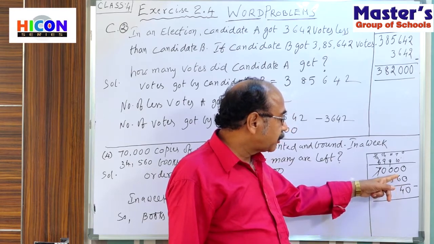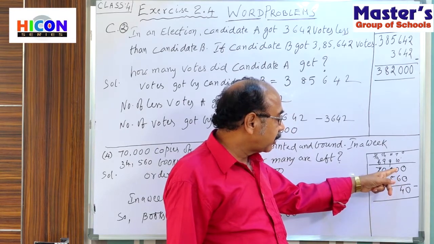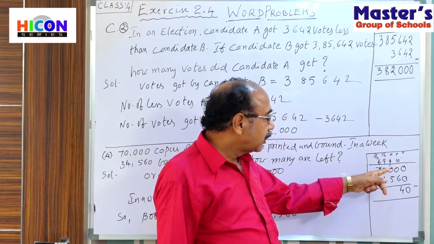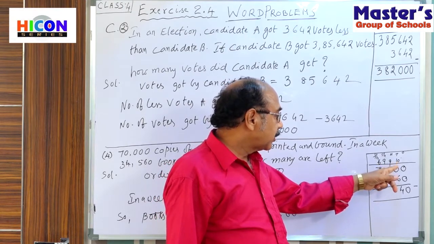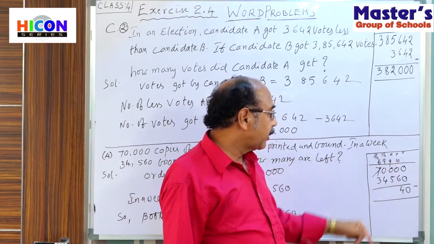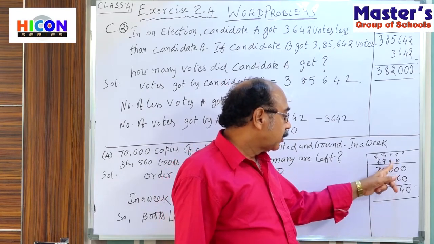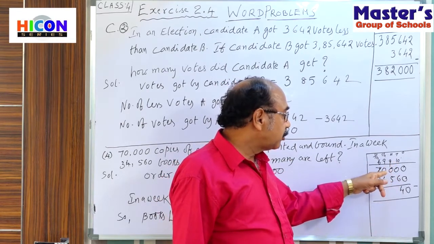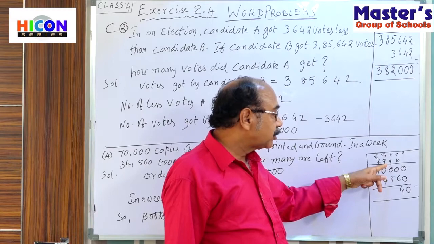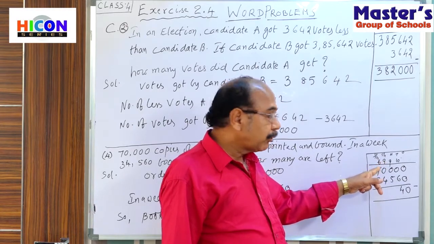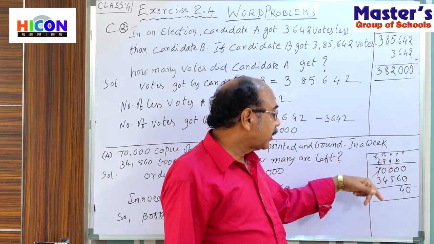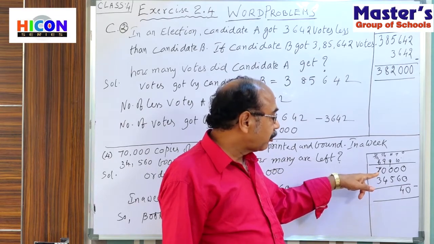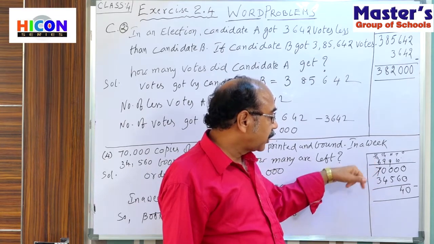Here 6 cannot be subtracted from 0. That's why here we are taking borrow from the previous place. Borrow means 10, so we write 10 here. And above the zeros we write 9. Why? Because we are taking borrow, that's why we write 9s here. From 7 we got borrow. That's why here 7 becomes 6.